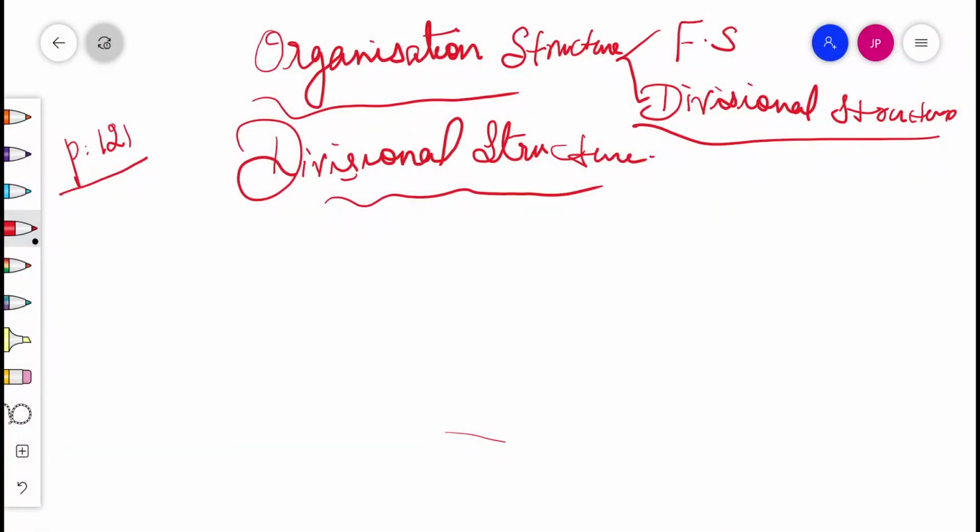Today's topic is divisional structure. As such, organization structure is divided into two. What are they? Functional structure and divisional structure. Many large organizations with